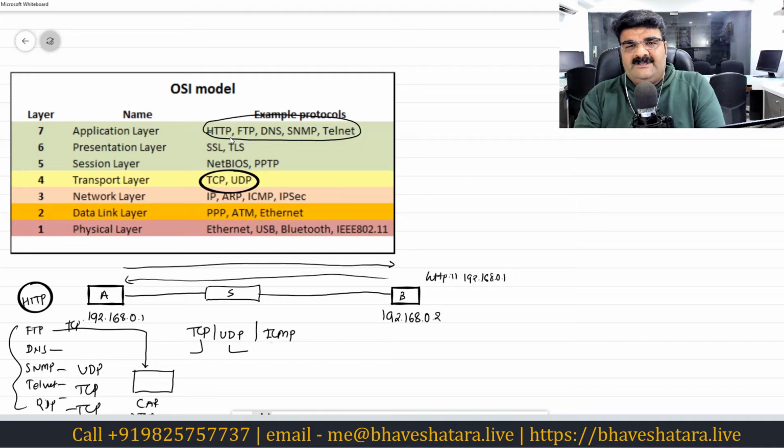Sometimes it happens that B is requesting A. Whenever A gets this TCP packet, A needs to identify what it is. Whenever someone comes to our home, like a guest, the guest may come in a BMW, but the BMW is not important. The transportation system is not important.